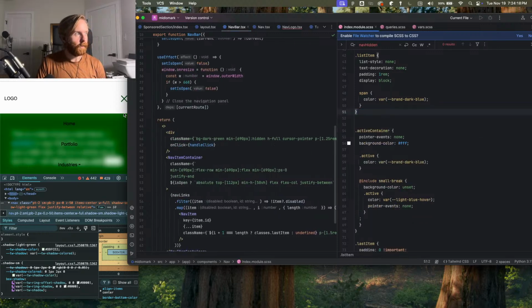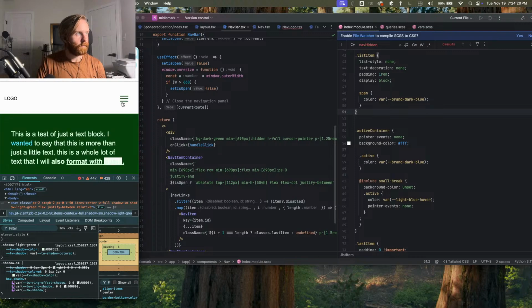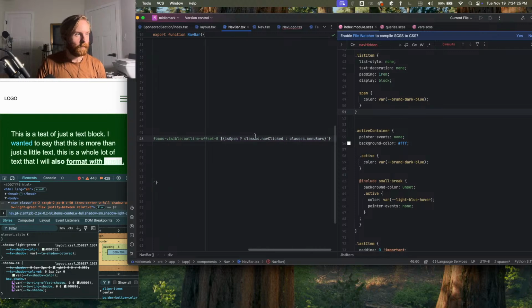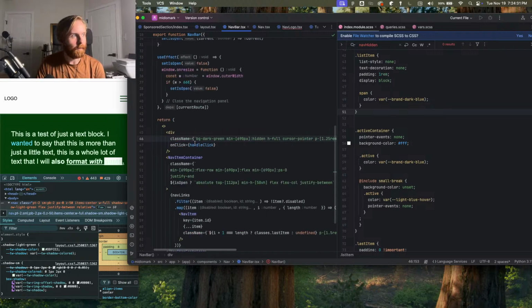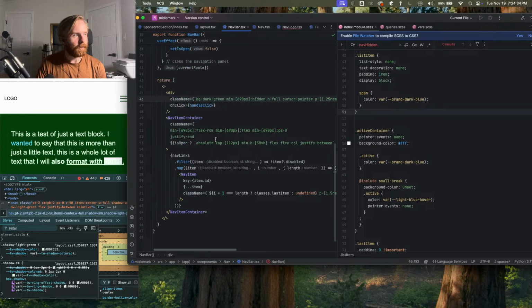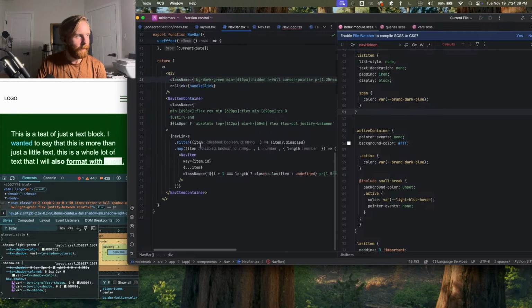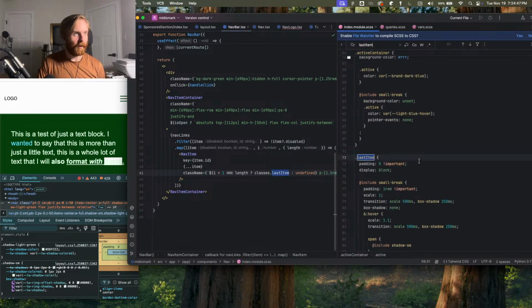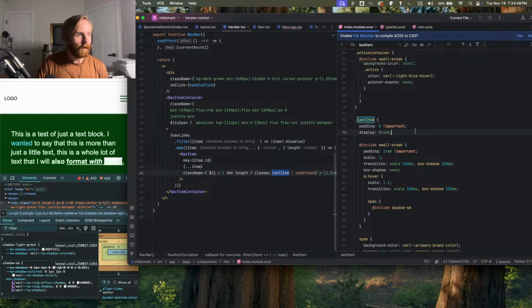All right, so now nav hidden, everything is good there. Perfect. So I have these still here, sorry, that tripped me up. I have these still here for the SVG icons. So I come down here, we have is open, and then it goes between those two class strings. And then let's see what our next class is. We have it down here where we have our last item. So I'm going to copy that and find it over here. So our last item